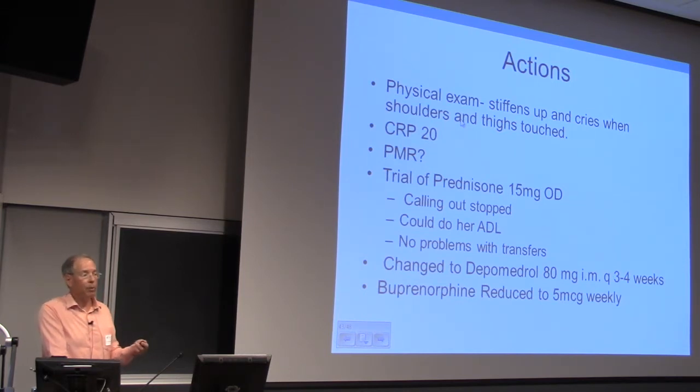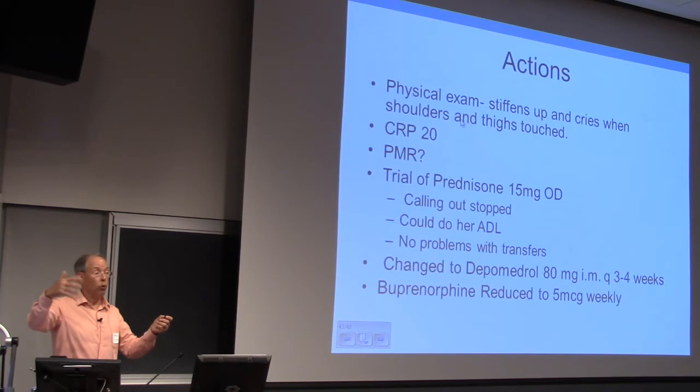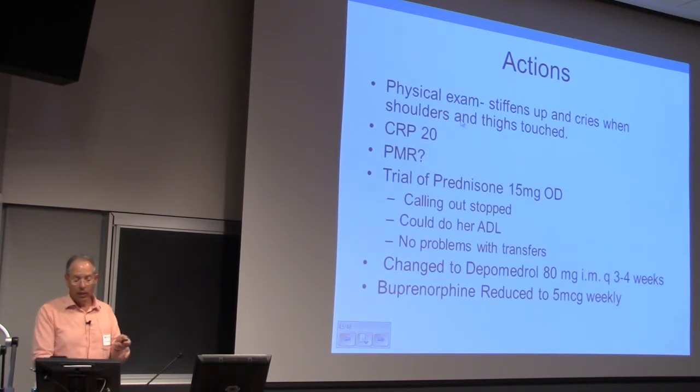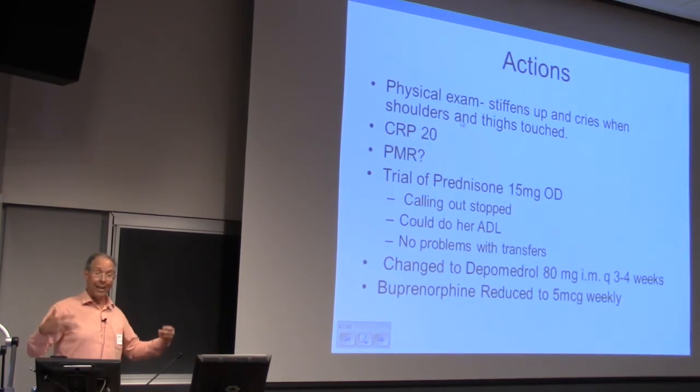She was diabetic, and her blood sugar started going up. So we switched her to injectable Depo-Medrol, and we gave her 120 milligrams, which is equivalent to about 5 milligrams of prednisone per day, and we're giving it every 3 to 4 weeks. And that lowers the steroid dose significantly and lowers the side effect levels significantly. And we went back to the 5 micrograms of buprenorphine because she still had osteoarthritis too, and had other reasons for pain.